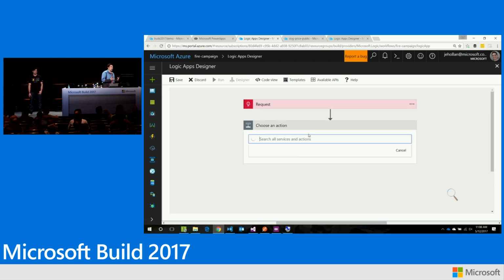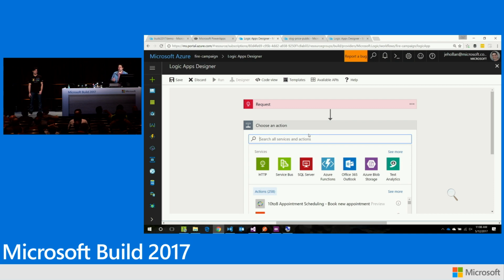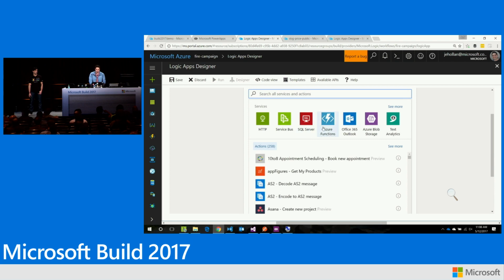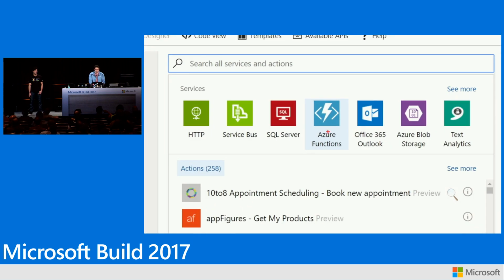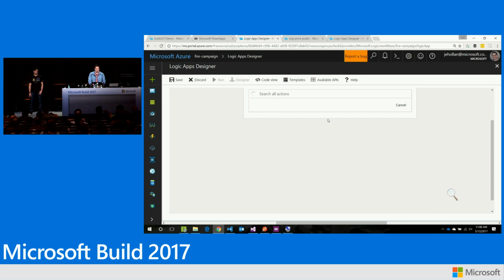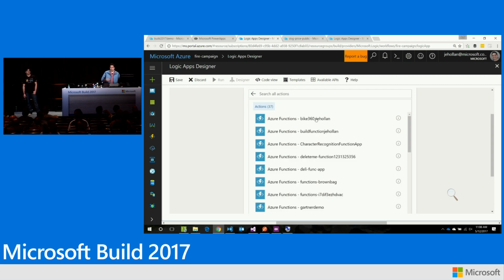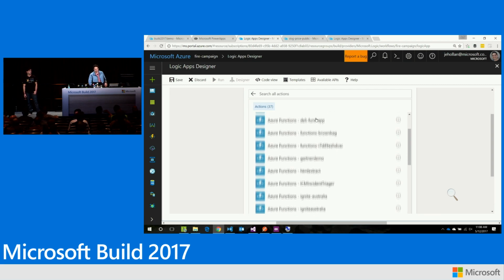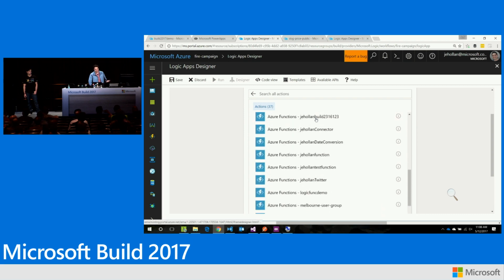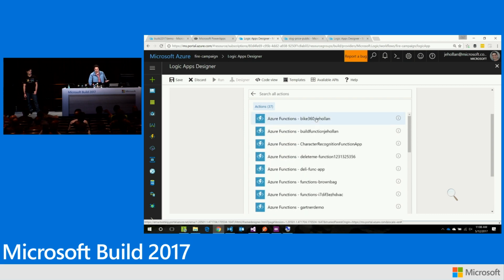So the first thing that I want to do now is generate a coupon based on the promotion that we're going to run. So I can go ahead here and add a step. And you'll notice we have wonderful Azure Functions front and center. So I can choose to call an Azure function within my subscription. What's happening is the designer is actually looking at my subscription right now, and I almost have this library of all my different functions. I love functions, so I have a bunch of these. I can call and execute any of these across all of the Azure regions that I'm using Azure Functions to stream together these workflows.